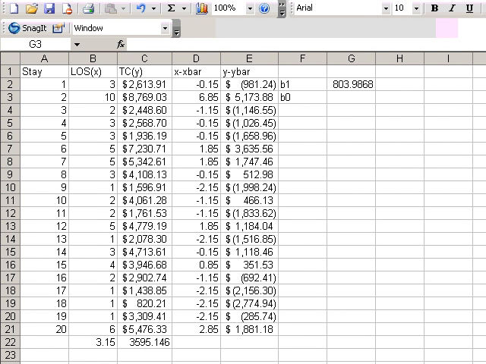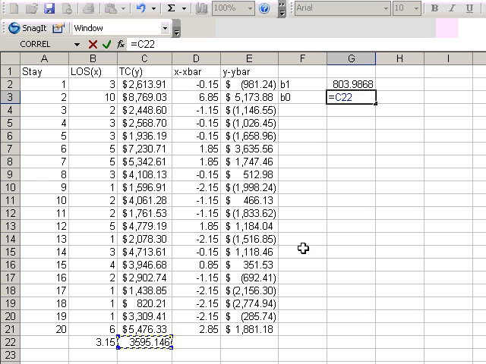And if you will recall from our previous video clip, we had estimated B1 at 800 simply on the basis of our observation of the line within the context of the points and the concept of minimizing the sum of the squared errors. Now B0 can be found as equal to the mean of y minus B1